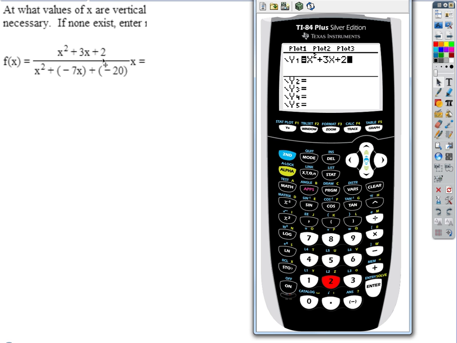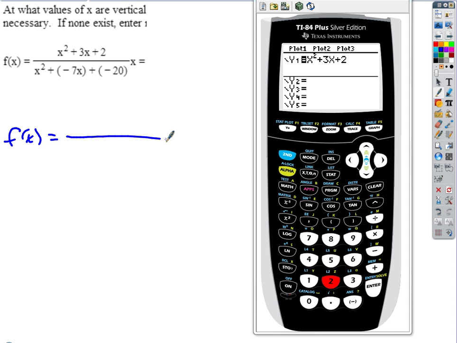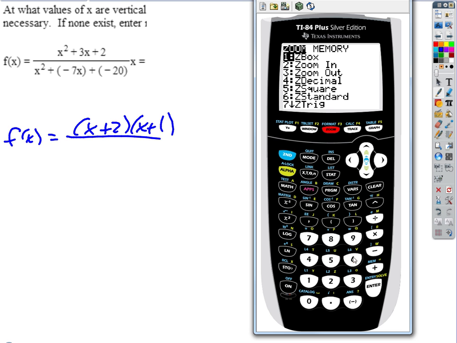I want to find, because this factors, doesn't it? What two numbers multiply if I take the top? What's the top factor into? Good, so x plus 2, x plus 1, so my zeros would be -2 and -1. Now I could, if I wanted to, I could easily also just see that if I go zoom 6,